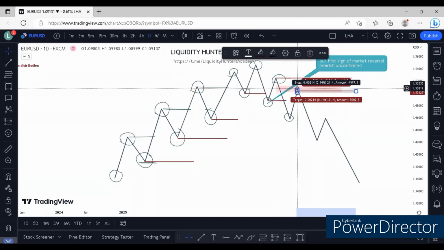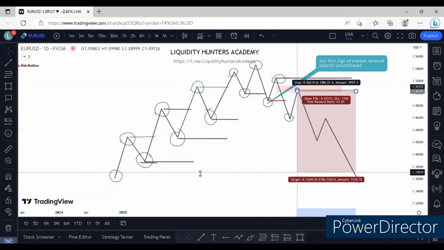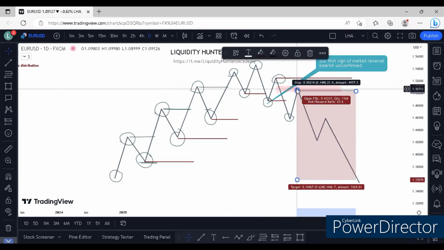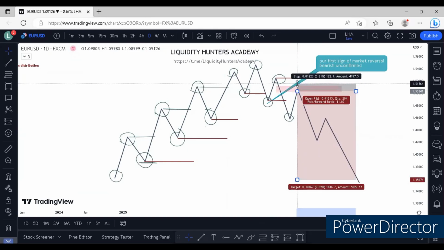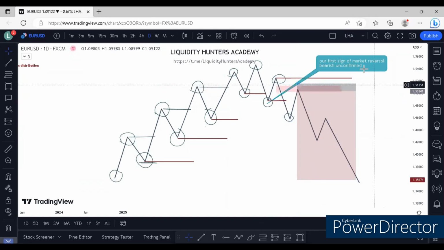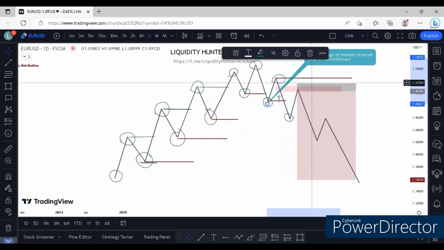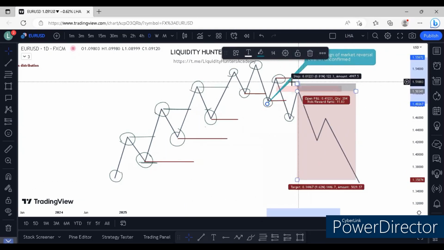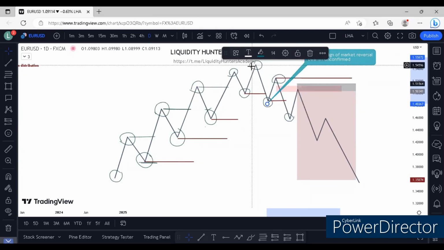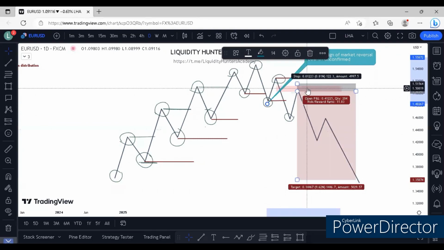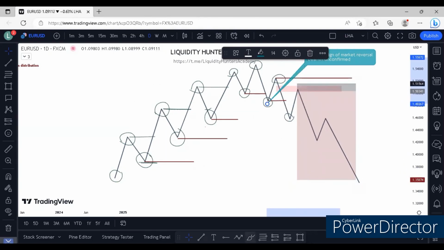We tap here, we target the low, and we have our high saved by the order block that we will talk about in a later session. So here is when you have a high probability and you can take a low risk setup. Because now we are confirmed that we will be moving lower and lower. And therefore, this goes on